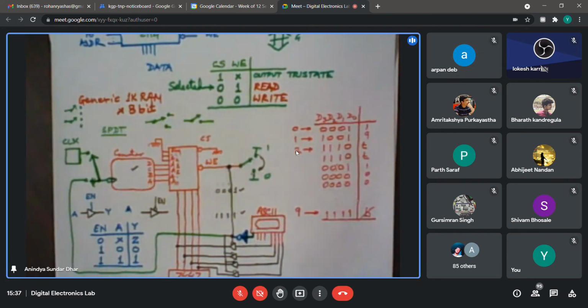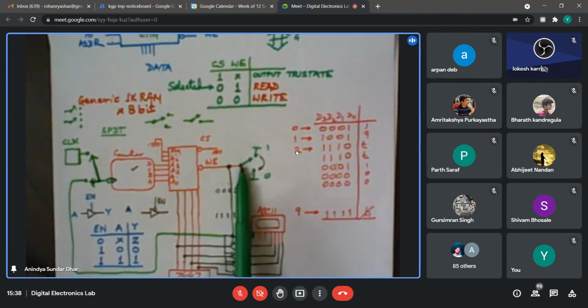Okay. There is something called 74157. So you may note down or you may check out. There are 4 such 2 to 1 multiplexers together. So one of them you can use here, another you can use here. So there will be a select line which will change this terminal as well as this terminal. So it is basically used as a double pole, double throw kind of switch.